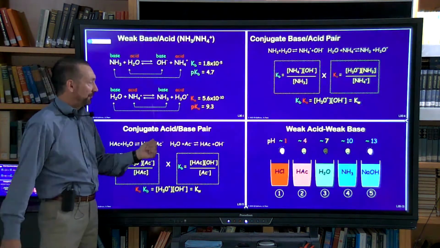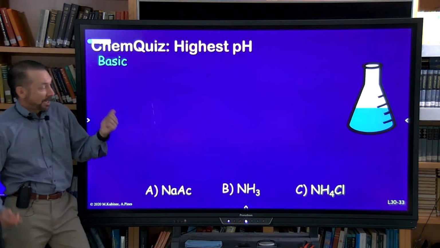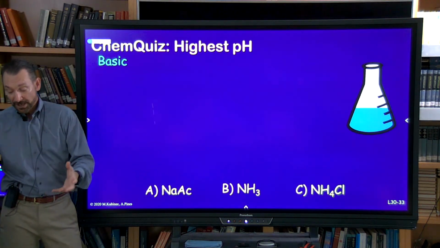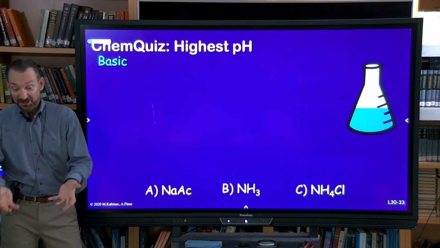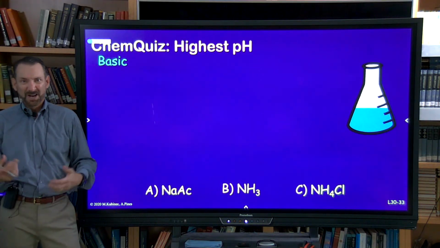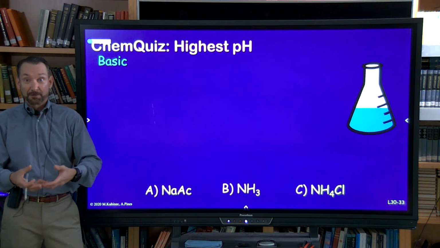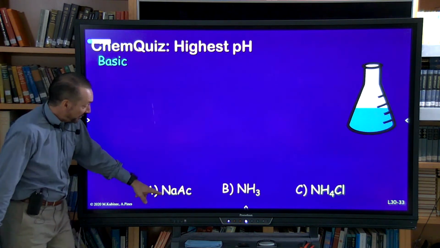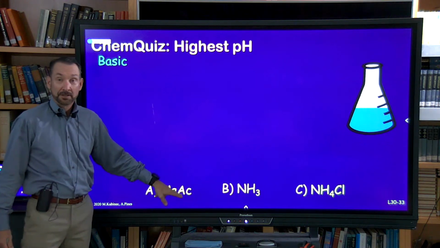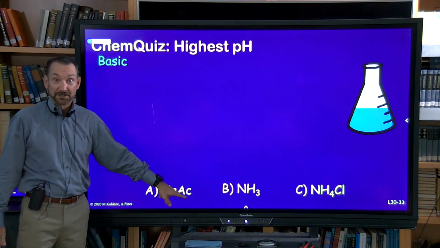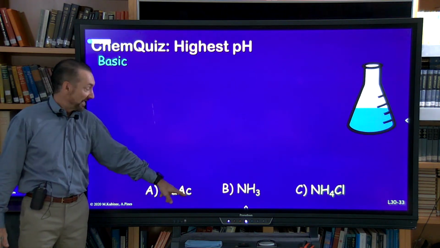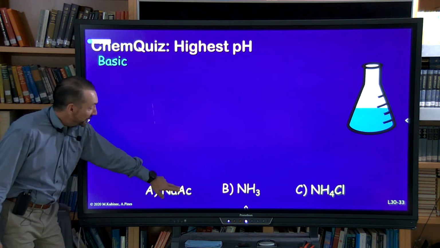Now, you've probably been saying to yourself, well, Mark, you say I can put this acid in solution, or I could just put the conjugate base in solution. How do I do that? How do I get the conjugate base, just that, without the conjugate acid? Well, this is how you do it. You take the sodium salt of the conjugate base. So sodium acetate,